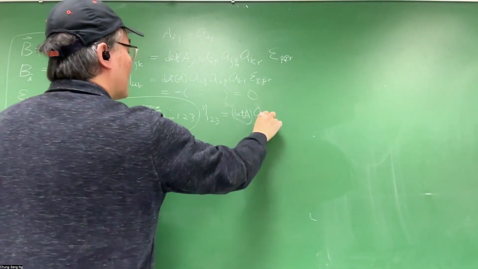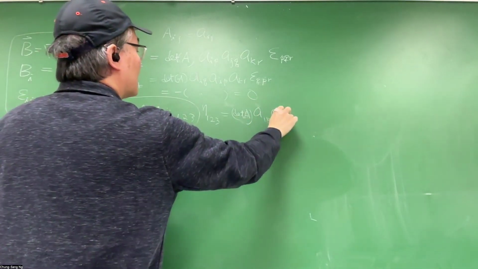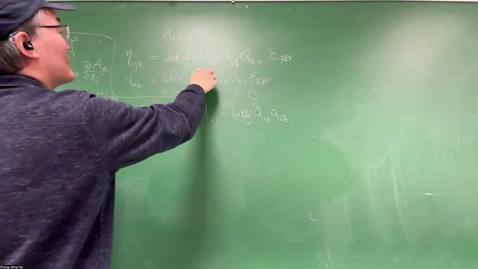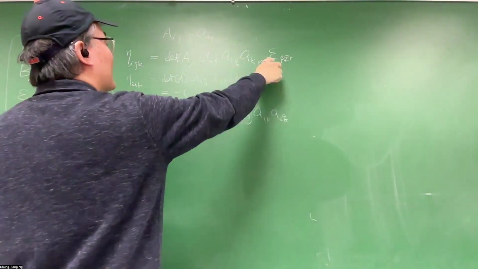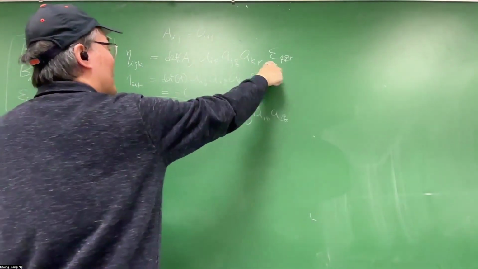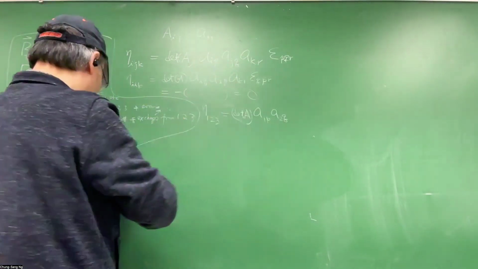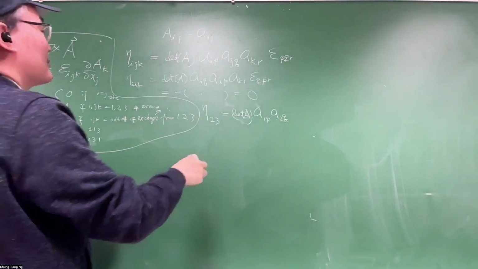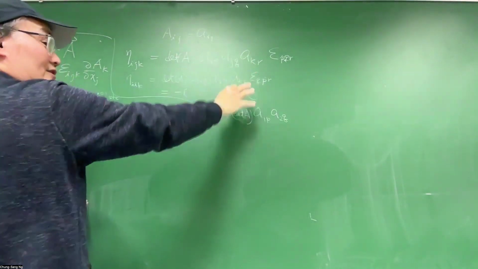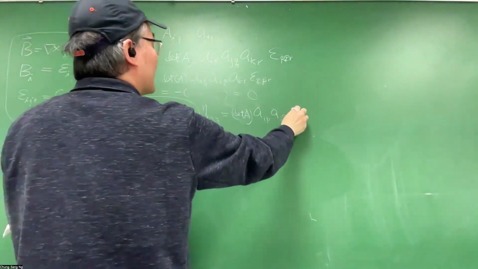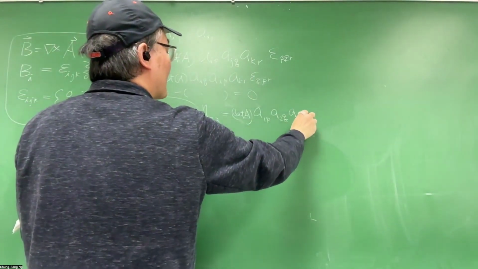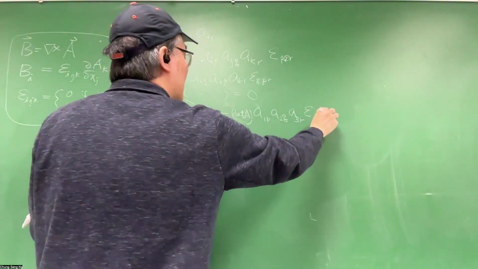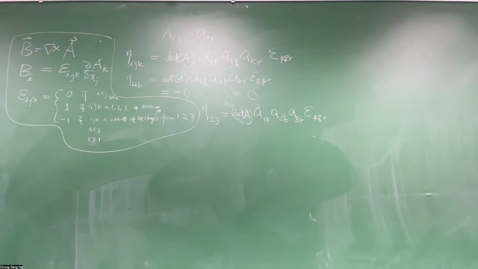multiplied by a 1p, a 2q, a 3r. All these are summed over, because this is implicit because of the Einstein notation, p and q and r. Your textbook actually puts the summation explicitly, but you understand this is a sum already. Okay, so a 3r, epsilon pqr. All right,